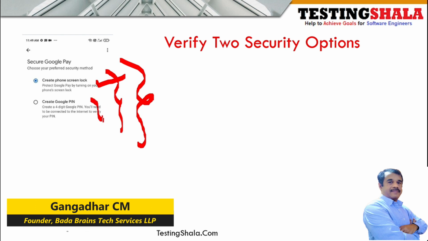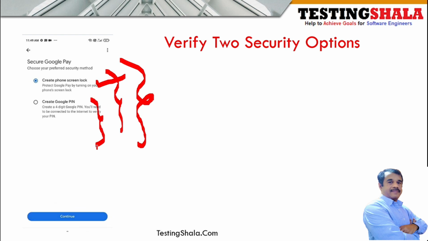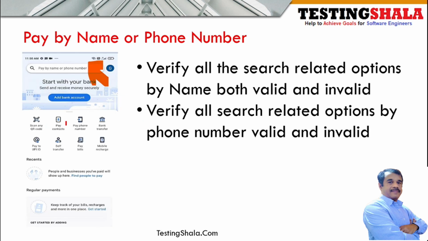In order to open the Google Pay mobile app, the app should be enabled with a 4-digit PIN number. Again, for this PIN number validation we should ensure that it meets the guidelines of the Google Pay app. After we perform the previous steps, we get the Google Pay home page, something like this, where we will have